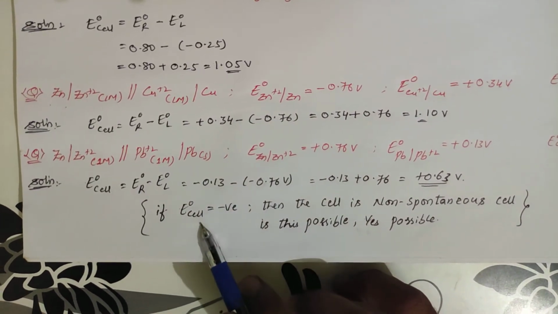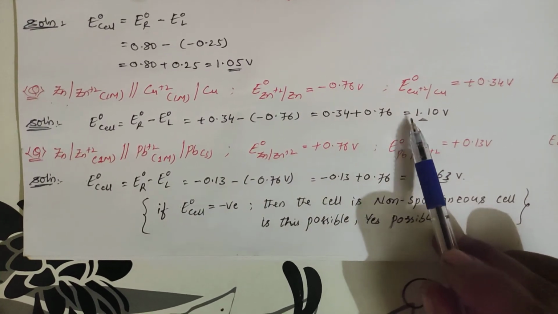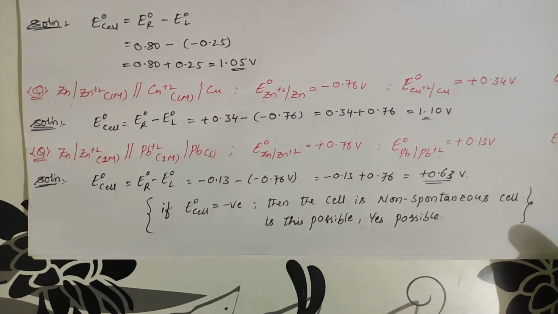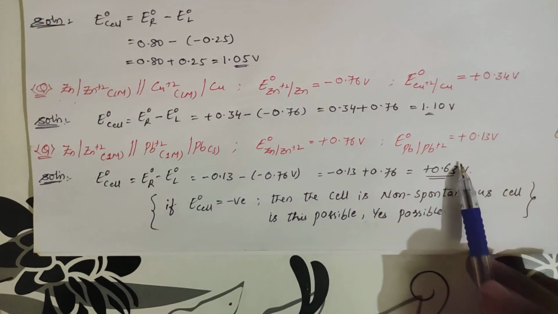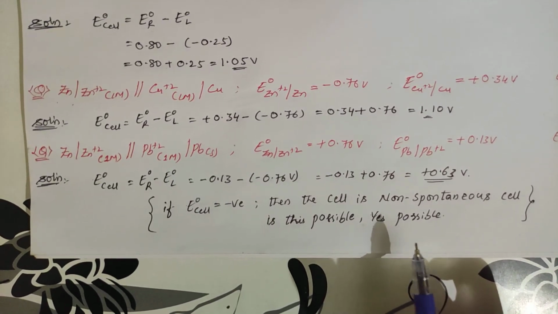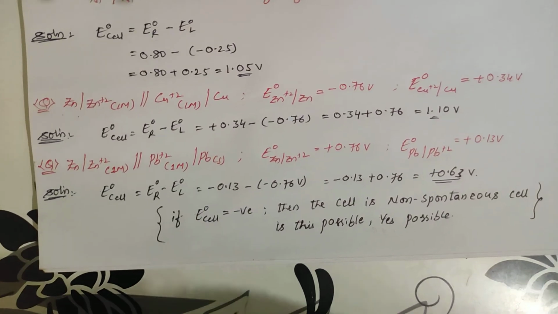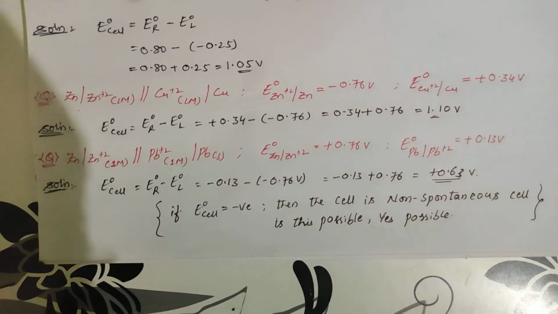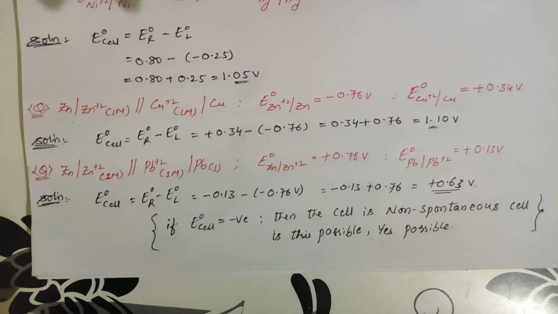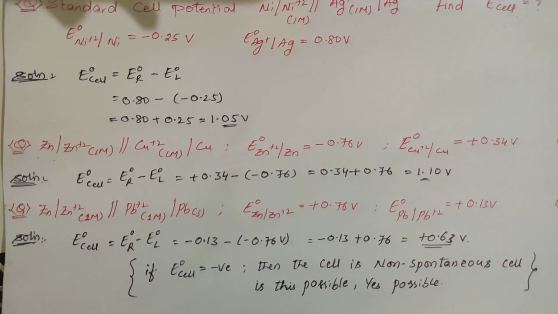So see the net resultant, this one is positive. Suppose assume that it is minus 0.63, the resultant E naught of the cell is negative, then the cell is non-spontaneous. We will be learning how that comes. If E naught is negative, then that type of reaction is non-spontaneous, which means it will not occur naturally. Some force you require for that reaction to occur. Okay, this is the thing we are learning in this session.